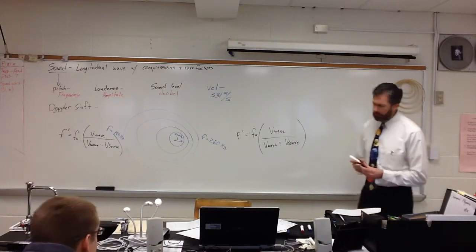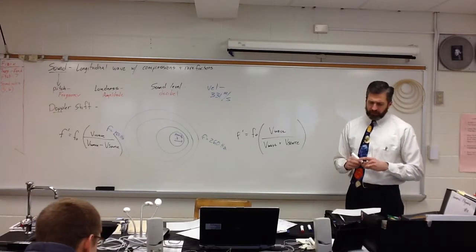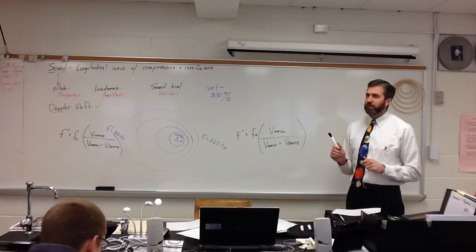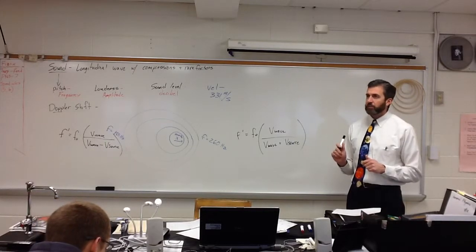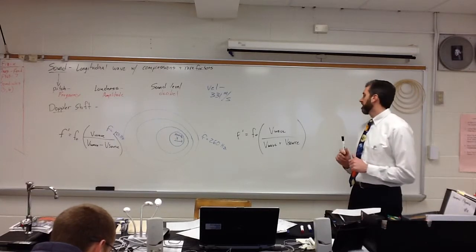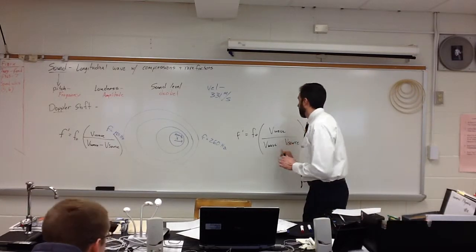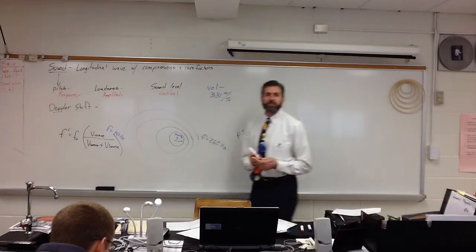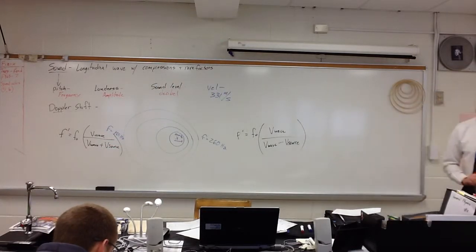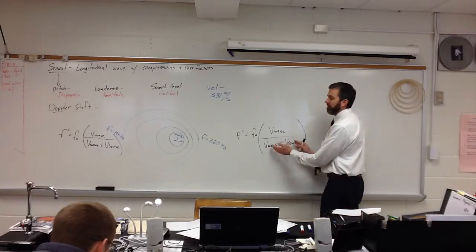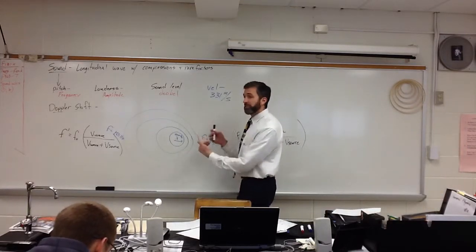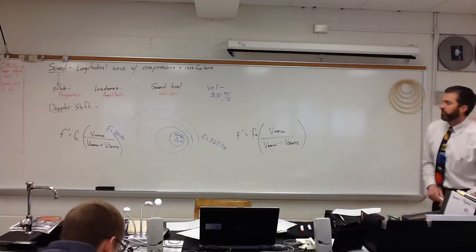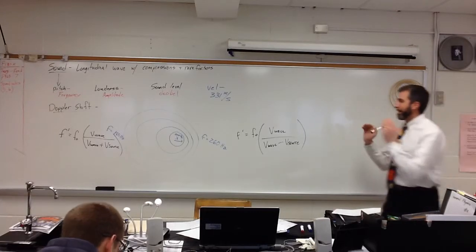Actually, you know what? I think I did it backwards. If the frequency is getting larger, it's coming at you. So if it's coming at you, this has to be the minus 1, this has to be the plus 1. Change that in your notes right now. The way I'm figuring that out is because I'm thinking of how big the number is on the bottom of the fraction versus the top of the fraction, and I know the way the numbers have to work, so I wrote it backwards in my notes.